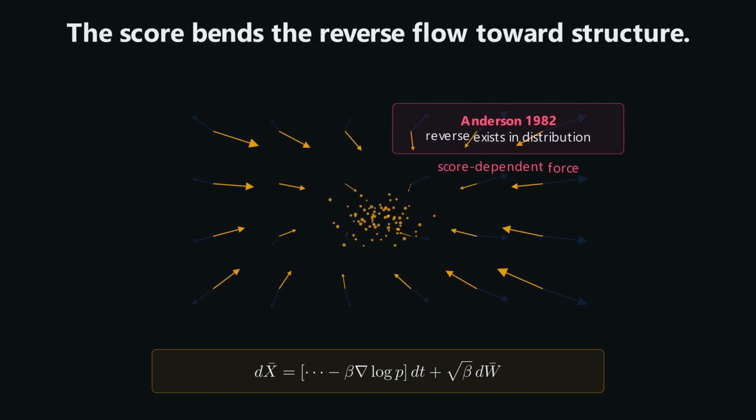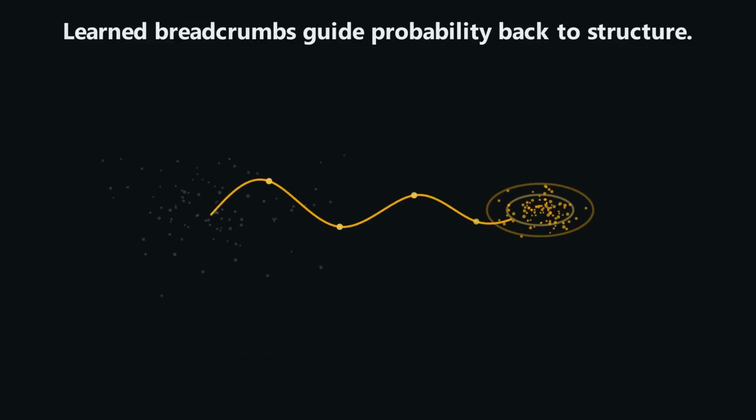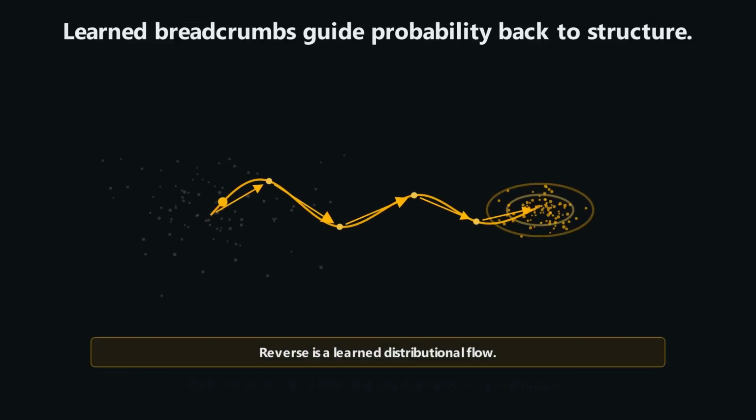That would be a little too much to ask, and also suspiciously close to time travel. Instead, we are reversing the evolution of the probability distribution. The reverse dynamics gain a score-dependent force. This force counteracts the spreading caused by diffusion. In the animation, the forward vector field fades. The reverse arrows appear. The cloud that was spreading outward begins to bend back inward.